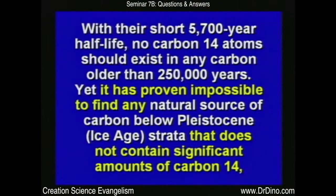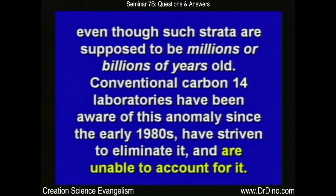They're the ones that did the RATE project, ICR.org. They said, with their short 5,700-year half-life, no carbon-14 atoms should exist in any carbon older than 250,000 years. They should all be gone. Yet it's proven impossible to find any natural source of carbon below the Ice Age that does not contain significant amounts of carbon-14. Even though such strata are supposed to be millions or billions of years old,